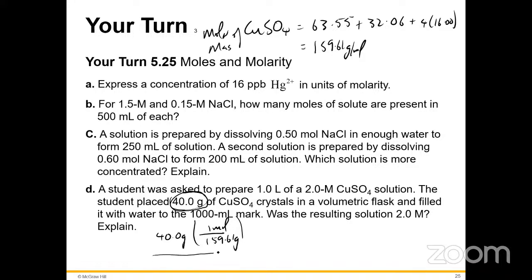And then we divide that by the 1,000 mL, which we have to convert to liters, which is 1 liter over 1,000 mL. This will cancel out with that. So let me see what this gives. 40 divided by 159.61 gives